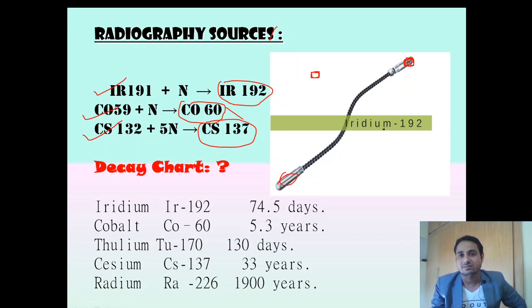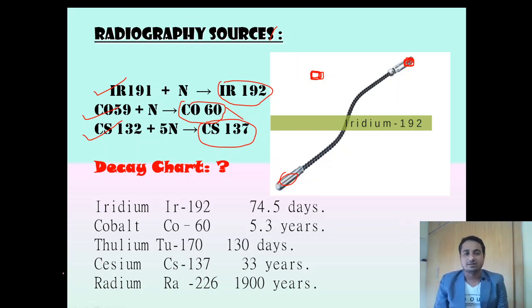So this is an arrangement where we are welding the tip of the iridium, because it's very small, but it is very powerful. If we lose it, it may create a very adverse effect on the health and environment. So we are keeping it here welded and managing with this.